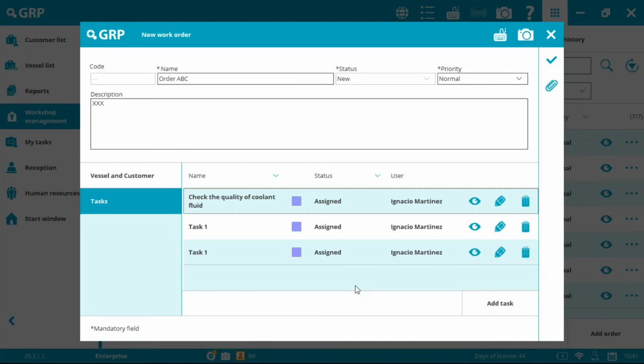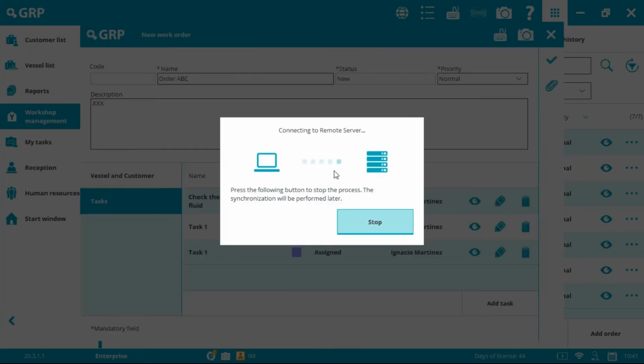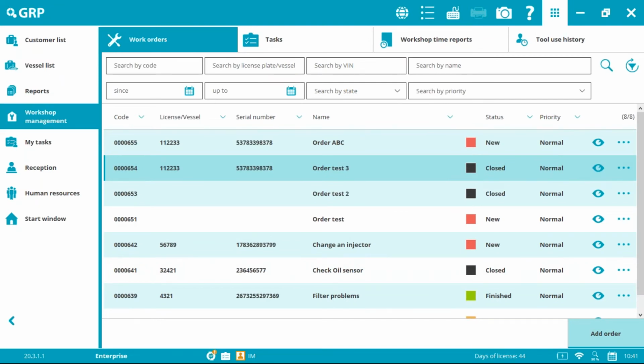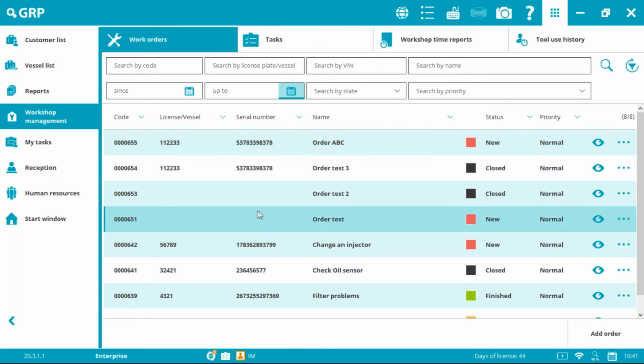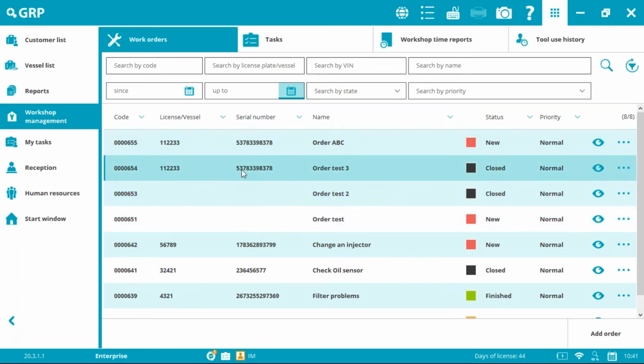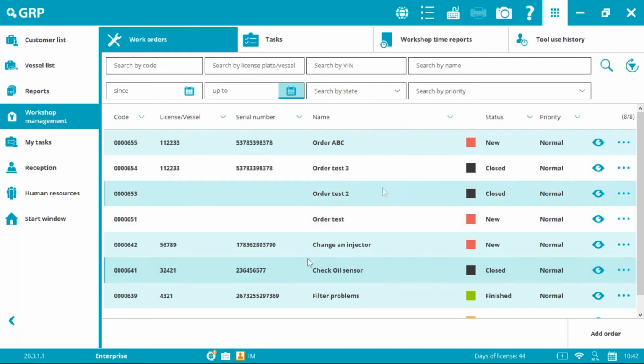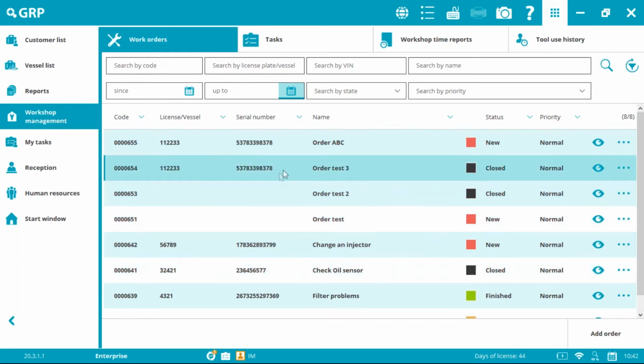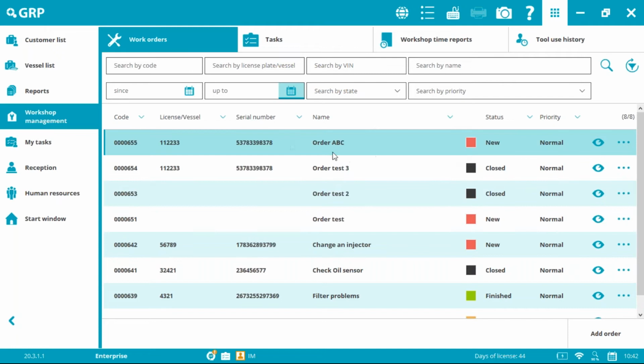We can create different orders, and inside each order we can create different tasks. I click here, and obviously I need to have access to the internet if I want to send this information to the network. And now anyone can be in a different location, or you can assign these work order tasks from your office and you don't even go to the shop. That person in the shop will log in with their information,